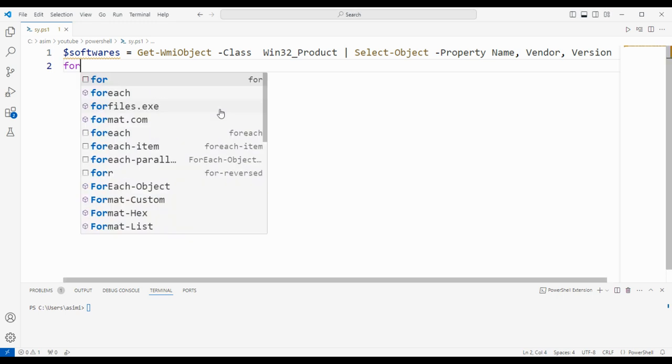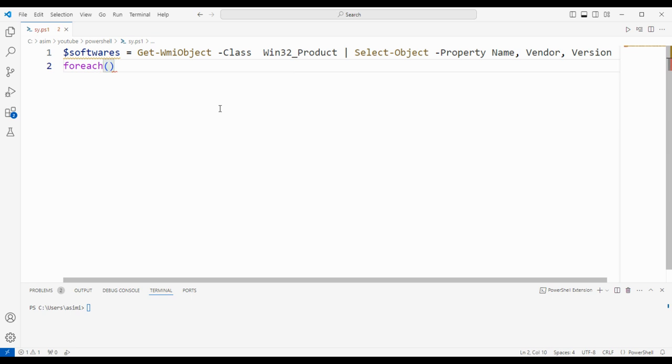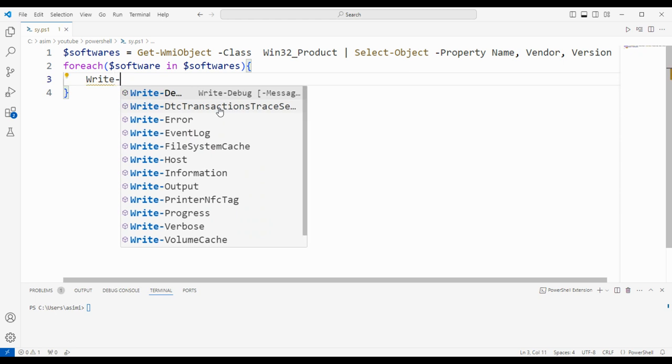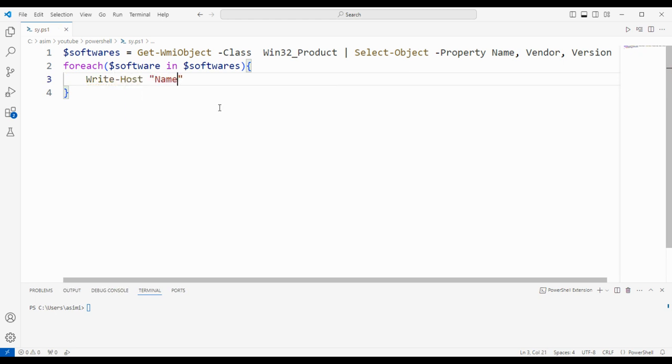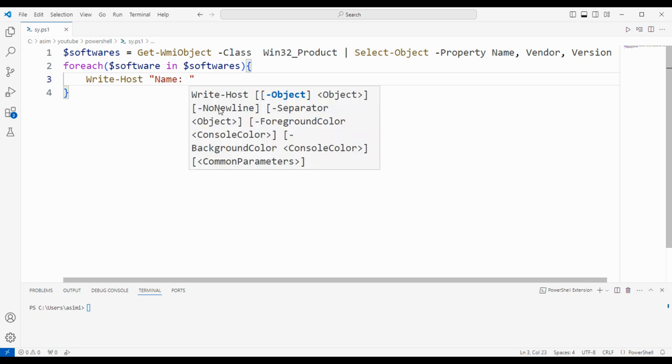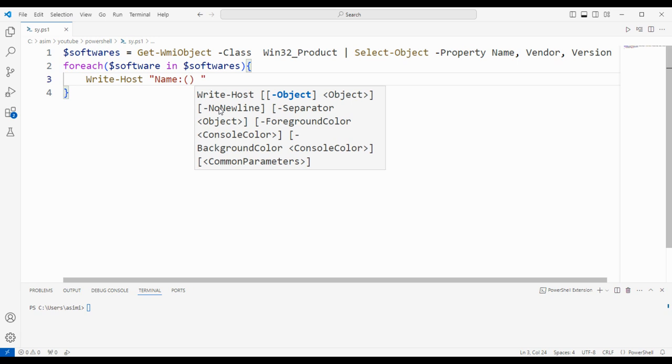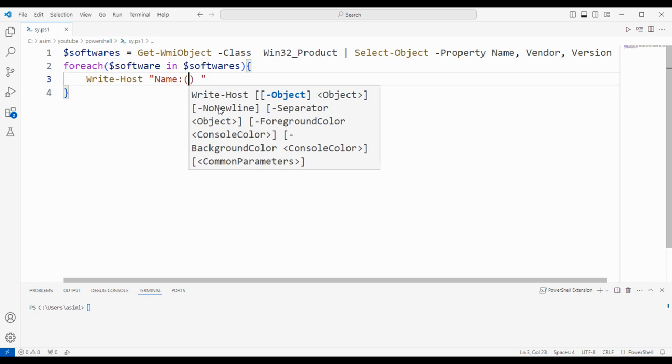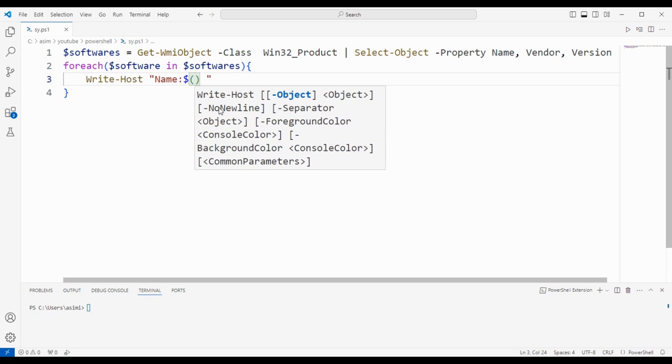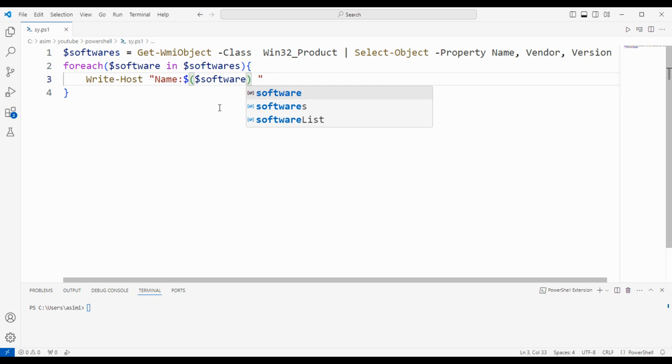Use ForEach to loop through the software list, software in softwares, Write-Host name, software name, $software.Name,